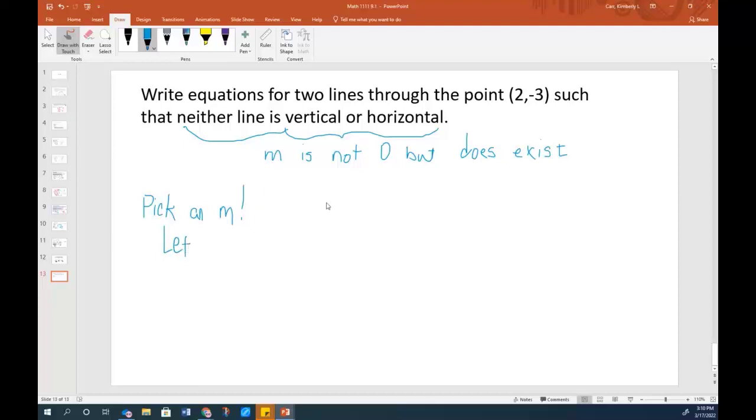As long as you pick a number that's not zero. So why not let m equal 1? It's always fairly easy to do our math with the number 1. Now, they already gave me a point. If they gave you a point, then they gave you an x and they gave you a y. So this should start to sound familiar. If we go to y equals mx plus b,